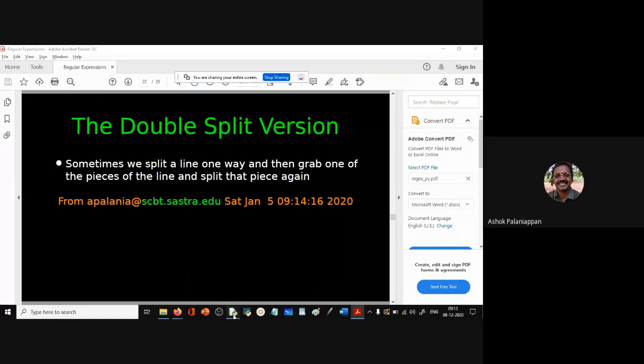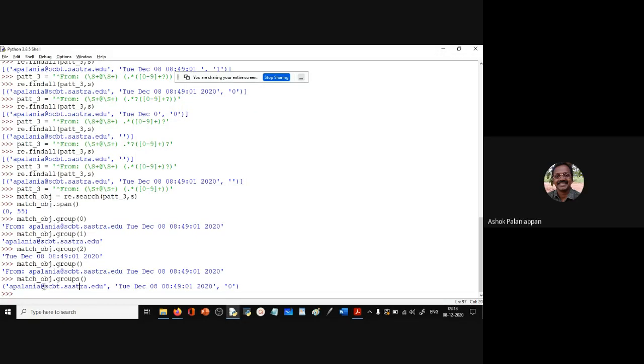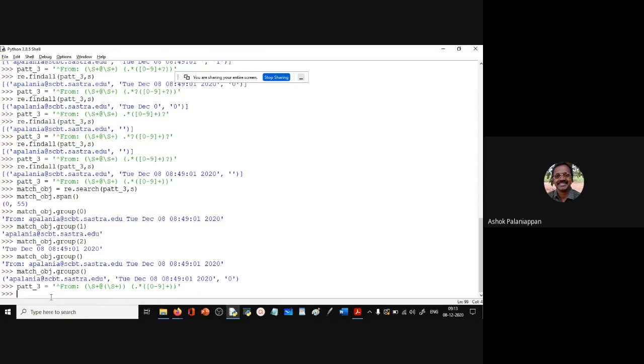So let's come back to our script. What I want to do is extract only the host name. Any ideas, anyone? How can I create the pattern for that? After the @ symbol, again I put another parenthesis. Okay. So let's put a parenthesis here, and let's see if the host name is being extracted.